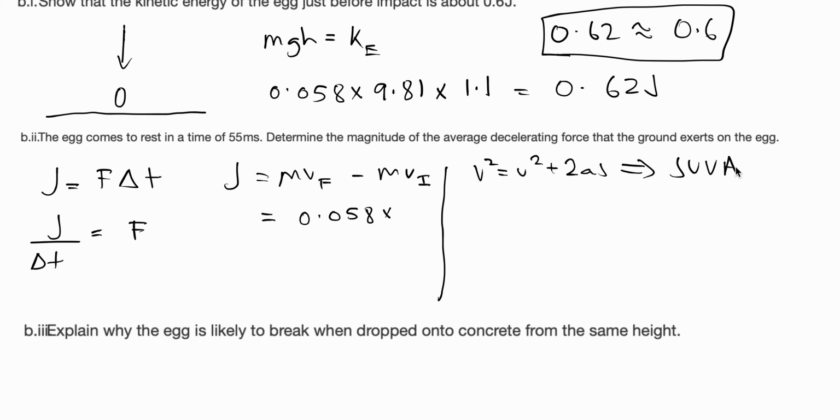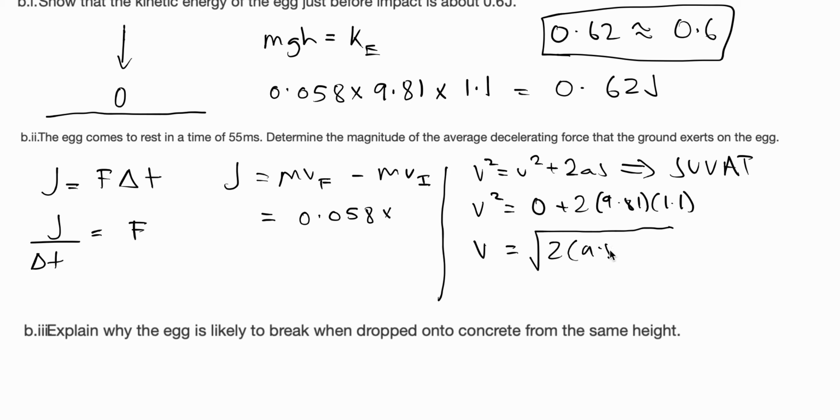SUVAT, right? So let's calculate it. So v squared is equal to u squared, it starts at rest, so 0, plus 2 times the acceleration, or let's not use 10, let's be accurate here, 9.81, times the displacement 1.1. So v is equal to the root of, and then if we calculate what this comes out to be,